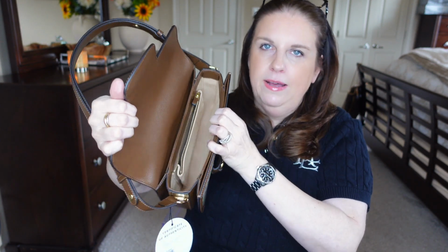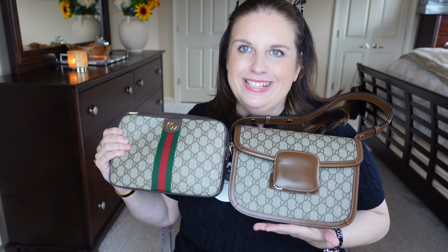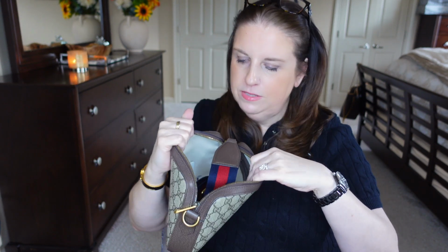So yeah, the moment I opened it, the moment I looked at it, it just reminds me of the size of this bag, which I have had for nearly 2 years now, and I am obsessed with this. I love this bag so much. And then I was thinking to myself, I can put probably more in this little guy than in this one. I mean, it's kind of funny, because this one is still, obviously the sides are very structured because of the leather. But when I open this bag, there's a lot of room,